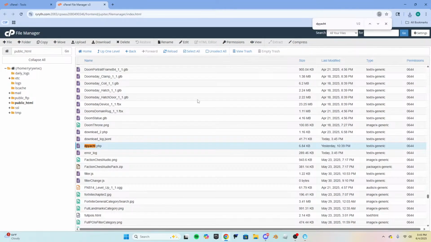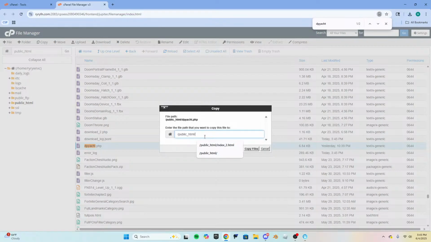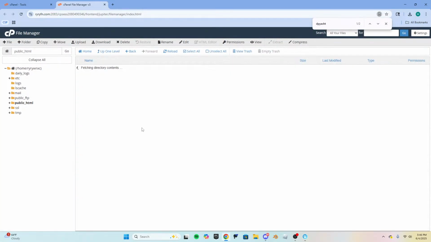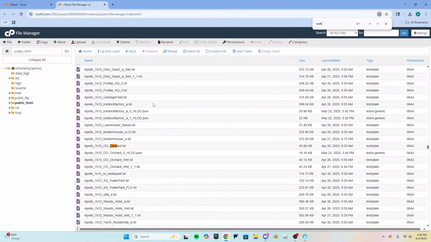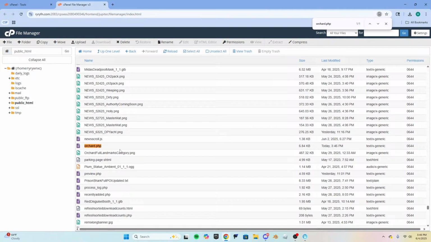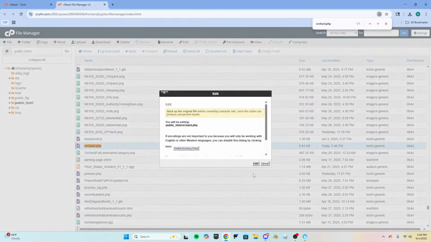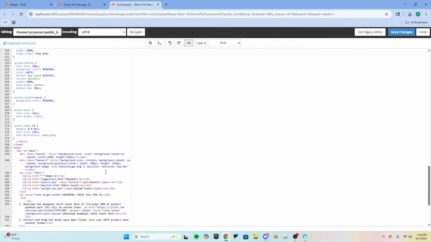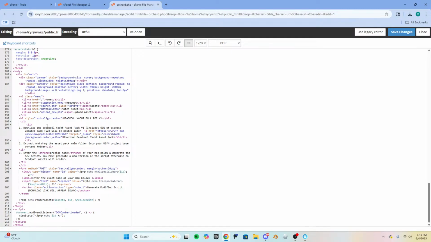Then slash orchard.php, search up orchard.php and open this up, and what it's gonna do is download the Orchard asset pack.